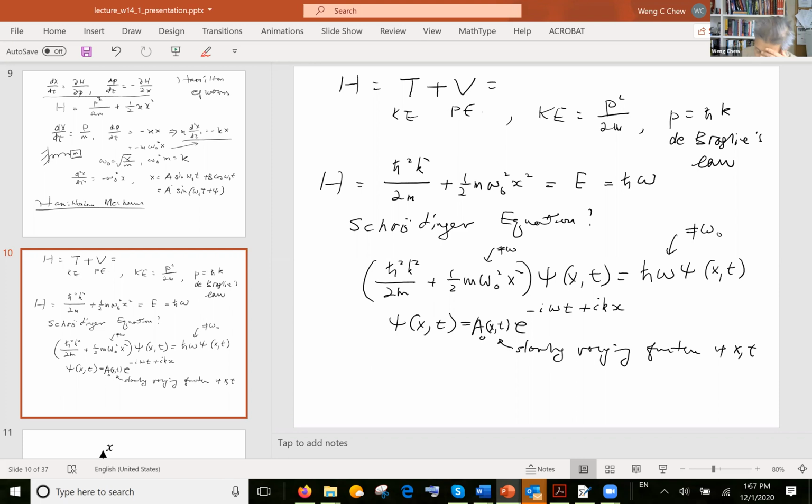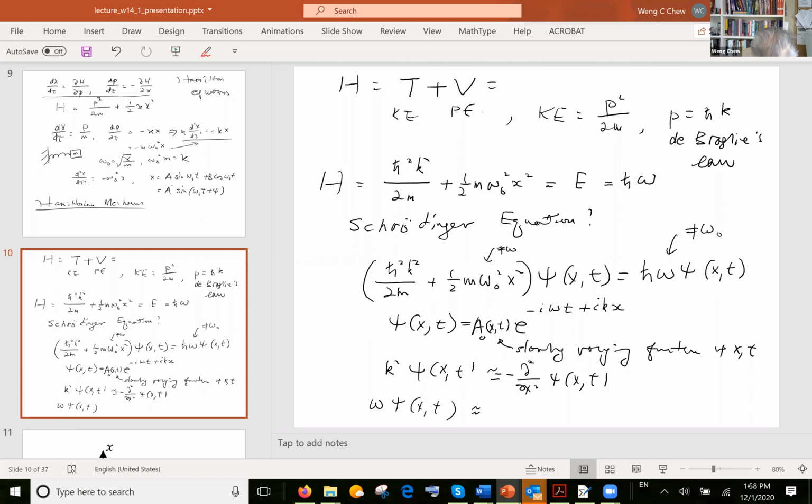And in the limit, when this is not changing with x and t, then I know that k squared psi xt can be replaced by partial square, partial x squared psi xt. If psi xt is something of this form, then k squared psi xt is something of that form, okay? And then if psi xt is something of this form, and this is very slowly varying, then h bar omega, or omega, I can say omega psi xt,